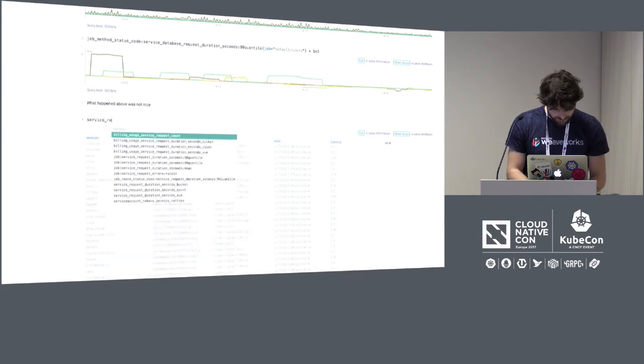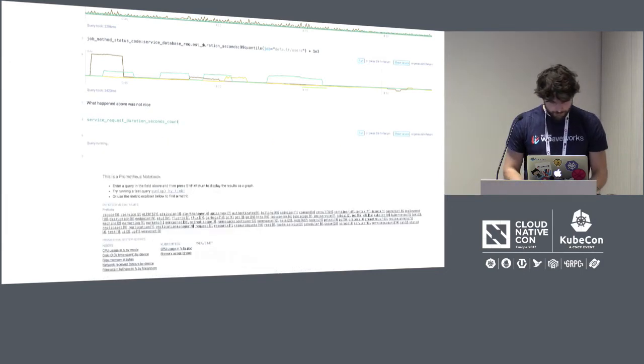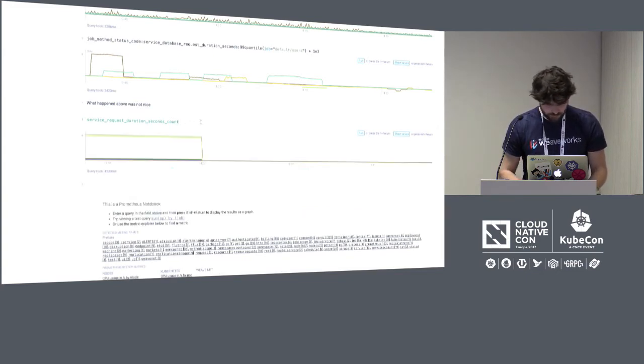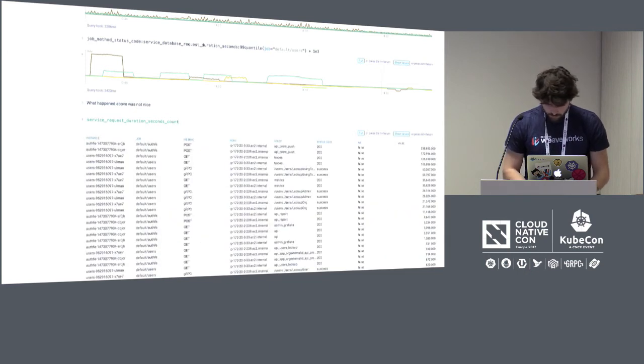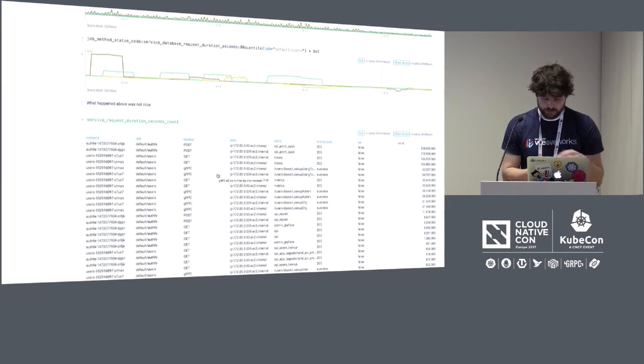Service request. This one. All right, that's already the graph. I guess more important here would be the table, and then you can see, okay, now it extracted all those values into table columns, and I can look,